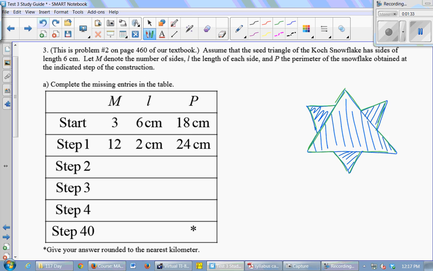All right, so now for step 2, I'll draw one more and then we'll come up with patterns. For step 2, we're going to put an equilateral triangle on the middle third of each existing side. So I've got one here, here,